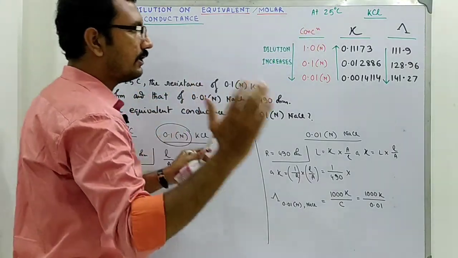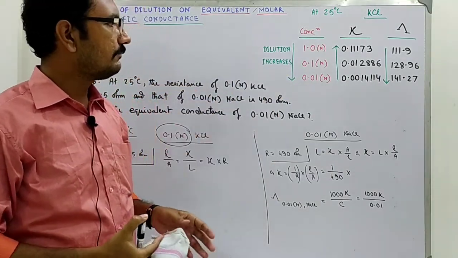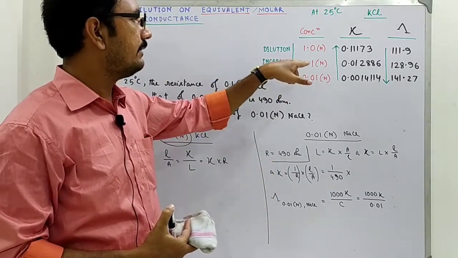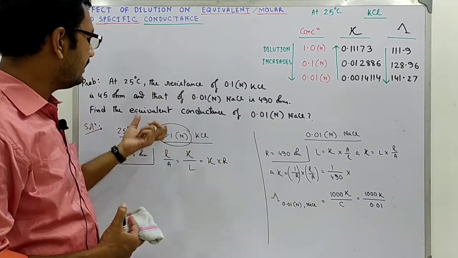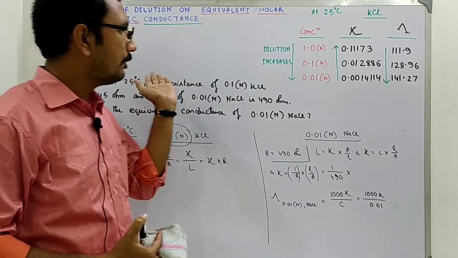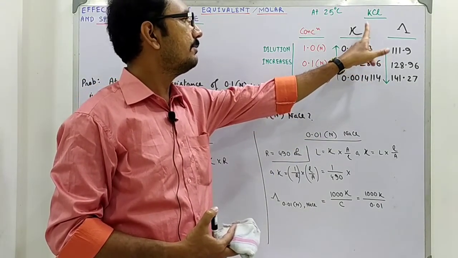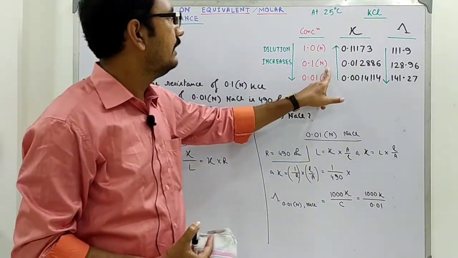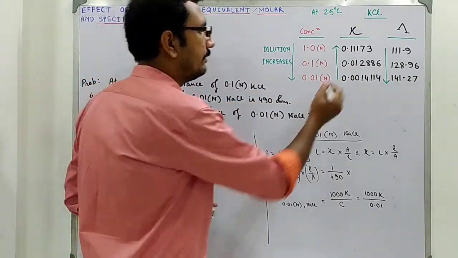Now, in the original chart there will be different temperatures and different concentrations. Among a large number of concentrations you have to find the exact concentration given in the problem, and among all the temperatures you have to find the temperature given in the problem. Using the proper row and proper column you find the value of specific conductance. For our problem, the specific conductance of 0.1 normal KCl solution at 25 degree centigrade is this one. So, this value is required.